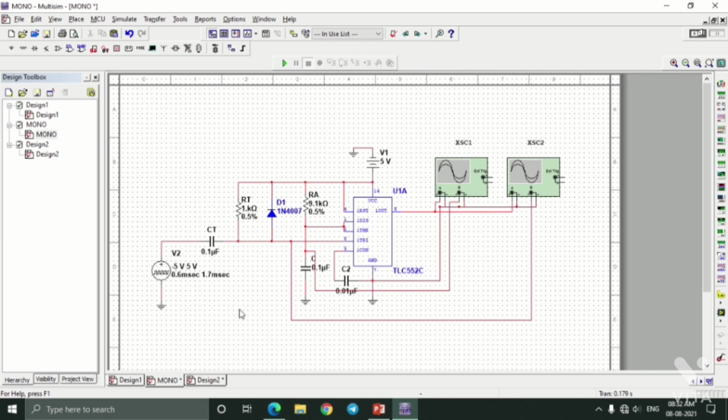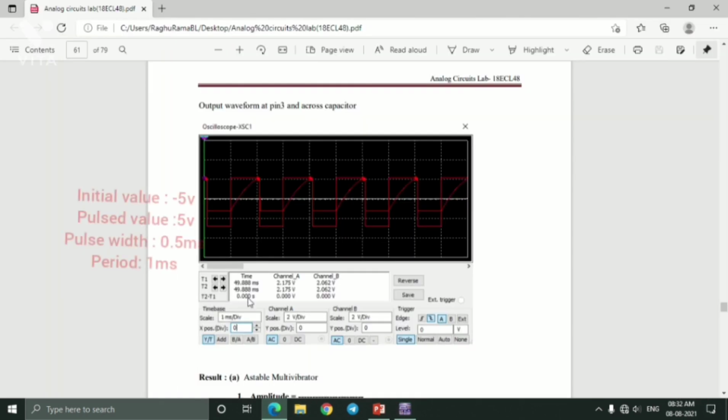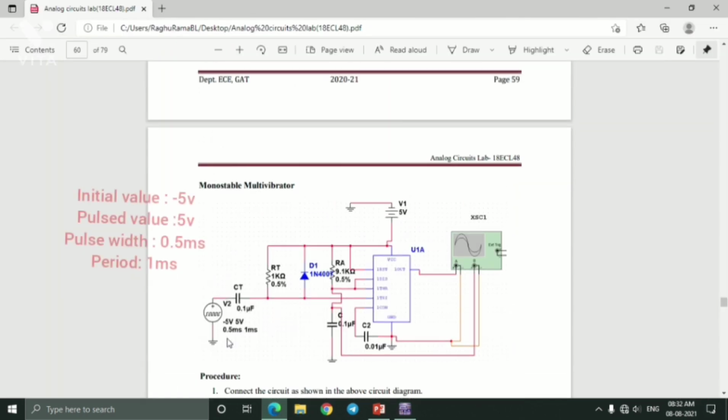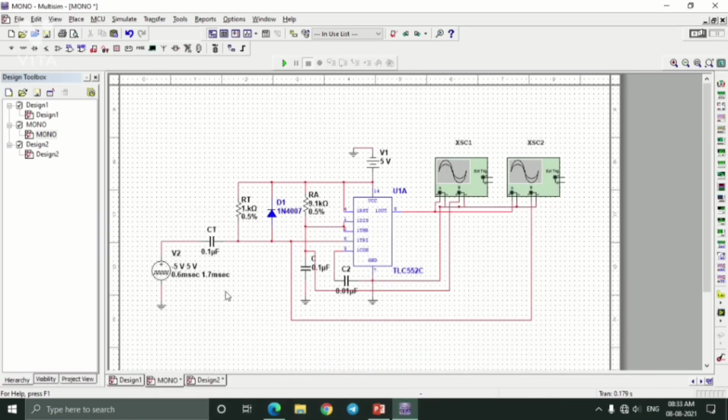So I have changed only those two values. But in Multisim version 13, that is used in our labs, you will get the actual correct value by using this 0.5 milliseconds and 1 millisecond time period. No need to worry about this. Just to show the output, we have changed this.